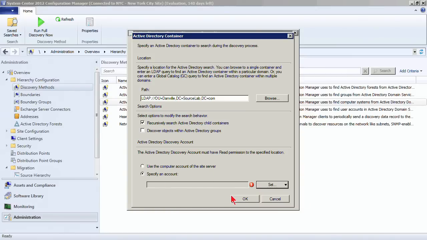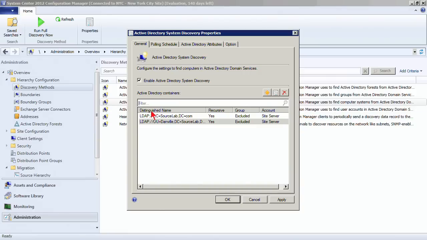Now, what I'm doing here is I'm specifying, let's go ahead and click OK, various different Active Directory LDAP paths that when the discovery process runs, it's going to query through and find all computer objects, system objects, and bring them into the Config Manager database as records. Now, I don't really need the one that I just added, because we already had one for the entire domain, and it is recursive. So I don't really need to be so specific, but that's just how you can go in and manage this